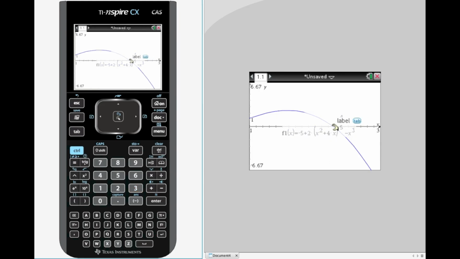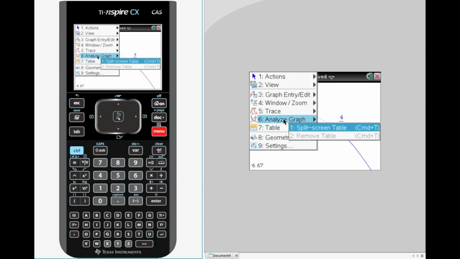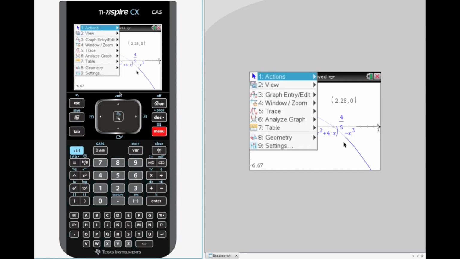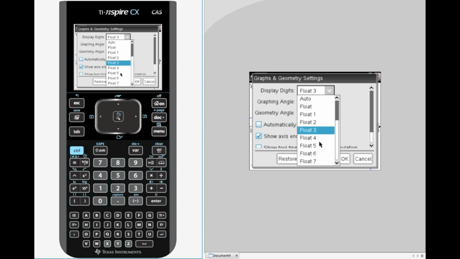And now I want to find that x-intercept right there, the solution to our equation. So I'm going to hit Menu, and we're going to analyze the graph, find a zero. It's asking for the lower bound, and now you'd be using the touchpad here. Put that to the left, click the center, go to the right, and click the center again of your touchpad. Now, for some reason on my computer software here, I cannot get the calculator on the graphical solution process to go to 3 decimal places, even though when I went to Menu and Settings, let's see here, let's try float 4.